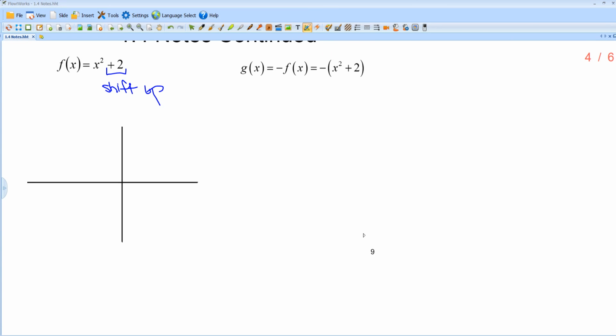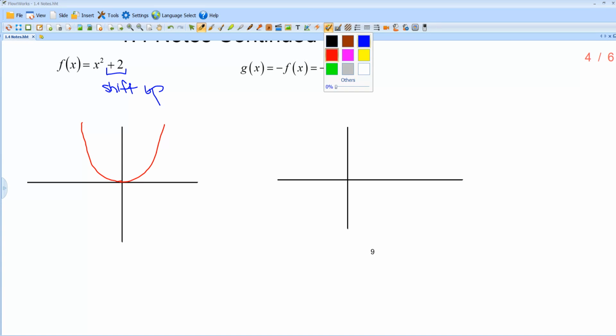I'll draw this graph as well. So if I'm sketching this, the original function is just x squared. I'm shifting that now up 2 units. So I go up 1, 2. These aren't going to intersect or anything, but the shape sometimes with things that are curved will come out a